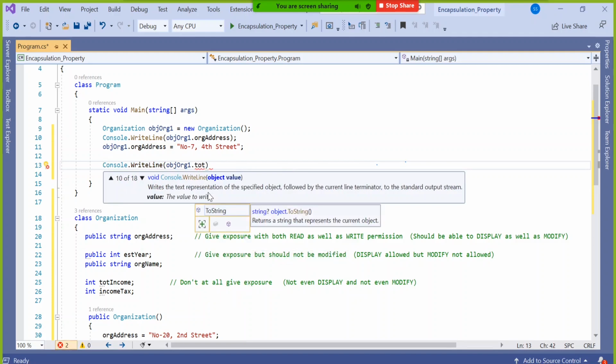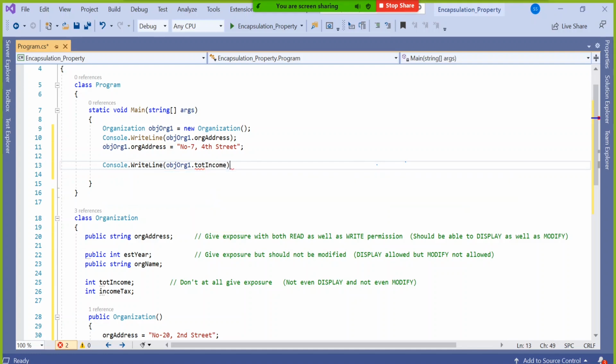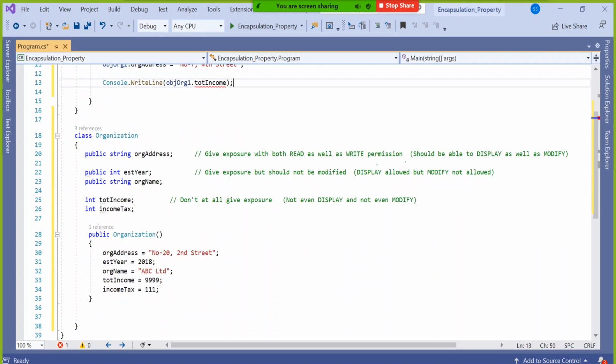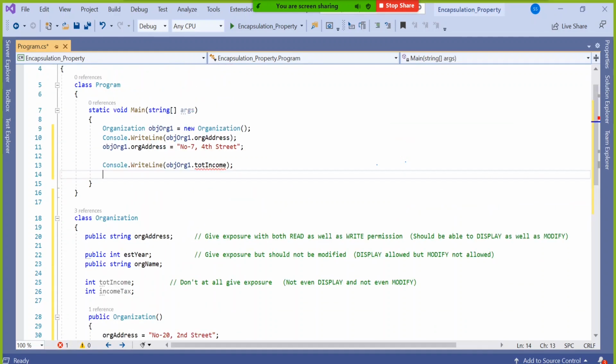Can you see total income? It is saying no, you cannot use it. If you copy paste from here also, it will say you cannot use it. Console.writeLine also not allowed, modification also not allowed, which is our requirement. We are absolutely fine with this.